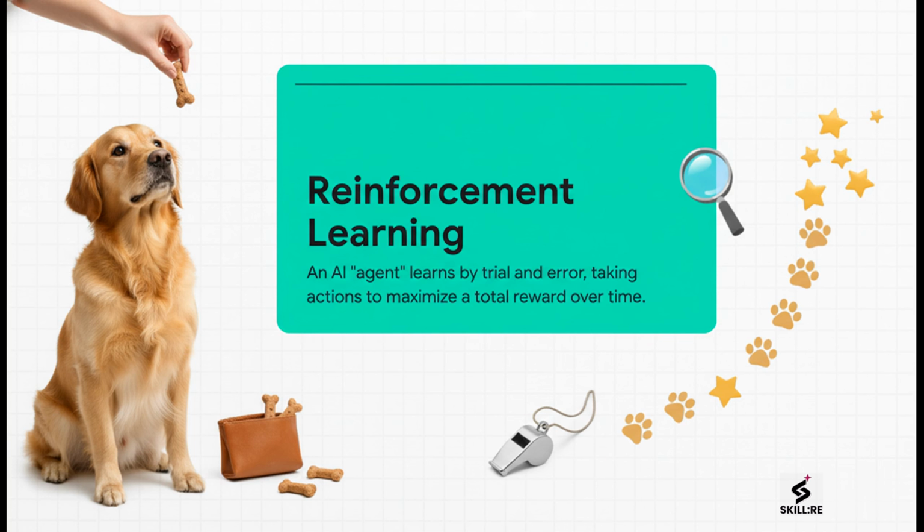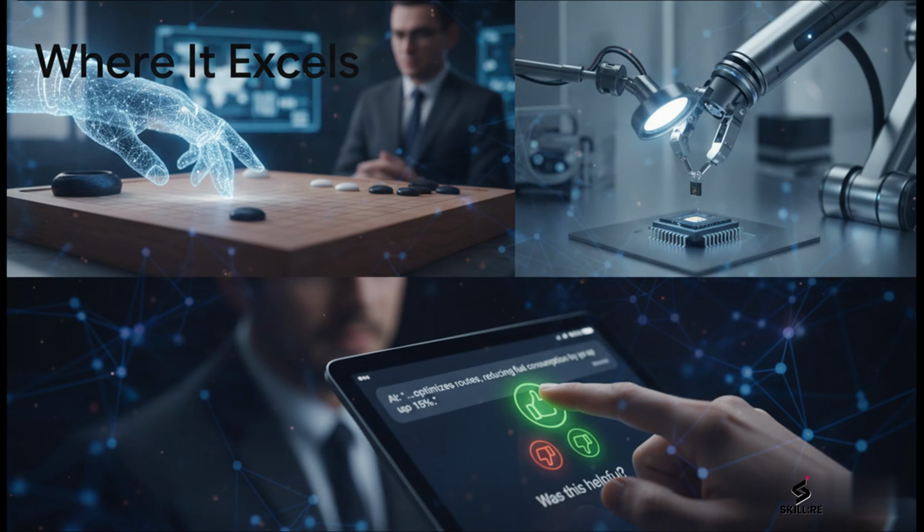The AI agent, in this case, does the exact same thing. It tries stuff, gets rewards or penalties, and slowly but surely learns the best strategy to get the best possible score. And its applications are just incredibly powerful. This is the exact technique that was used to create AlphaGo, the AI that taught itself to beat the world's best Go players. It's how we teach robots to do delicate physical things like walking or grasping an object.